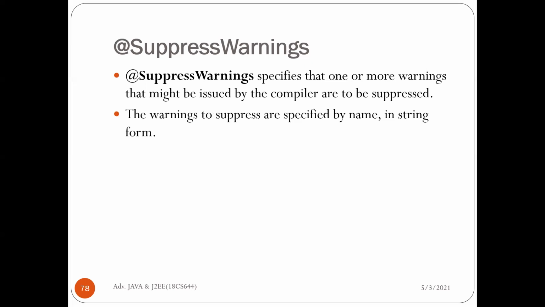There is a difference between a warning and an error. If there is an error, the program cannot continue the execution, whereas in the case of warnings, the program can continue the execution. So if you don't want any warnings to get displayed, then we can use this particular annotation, that is SuppressWarnings. So these are the 7 annotations that are present in the java.lang.annotation packages, and all these are defined in JDK version 5.